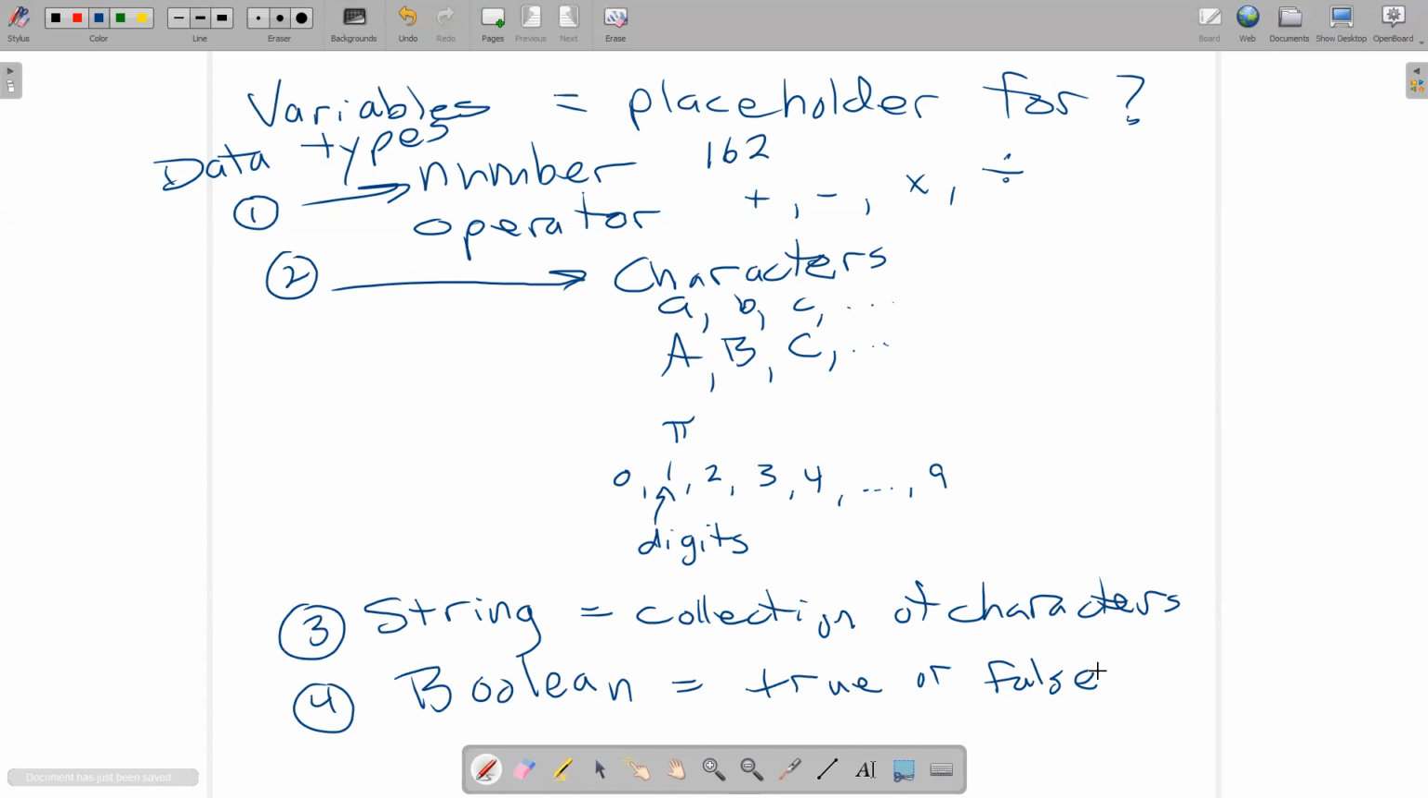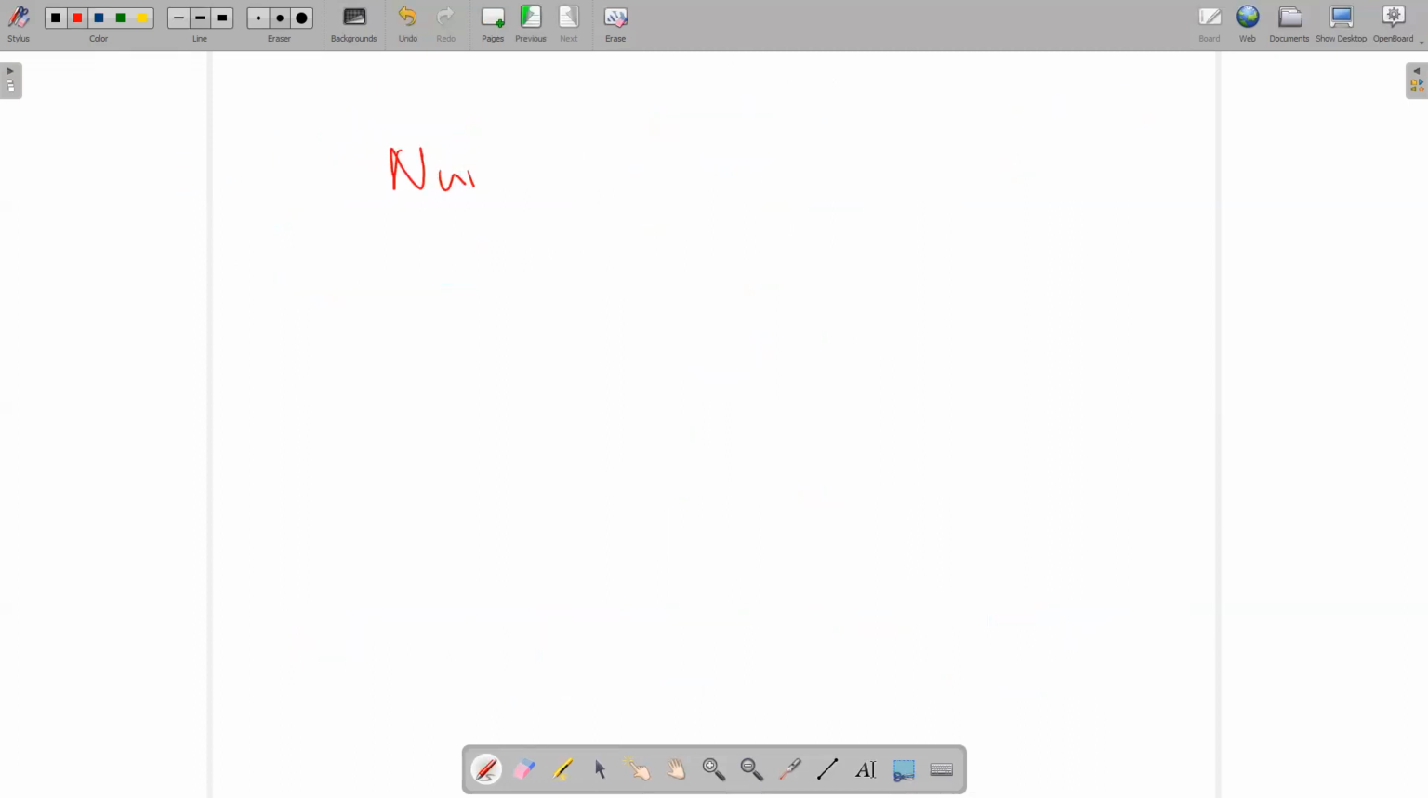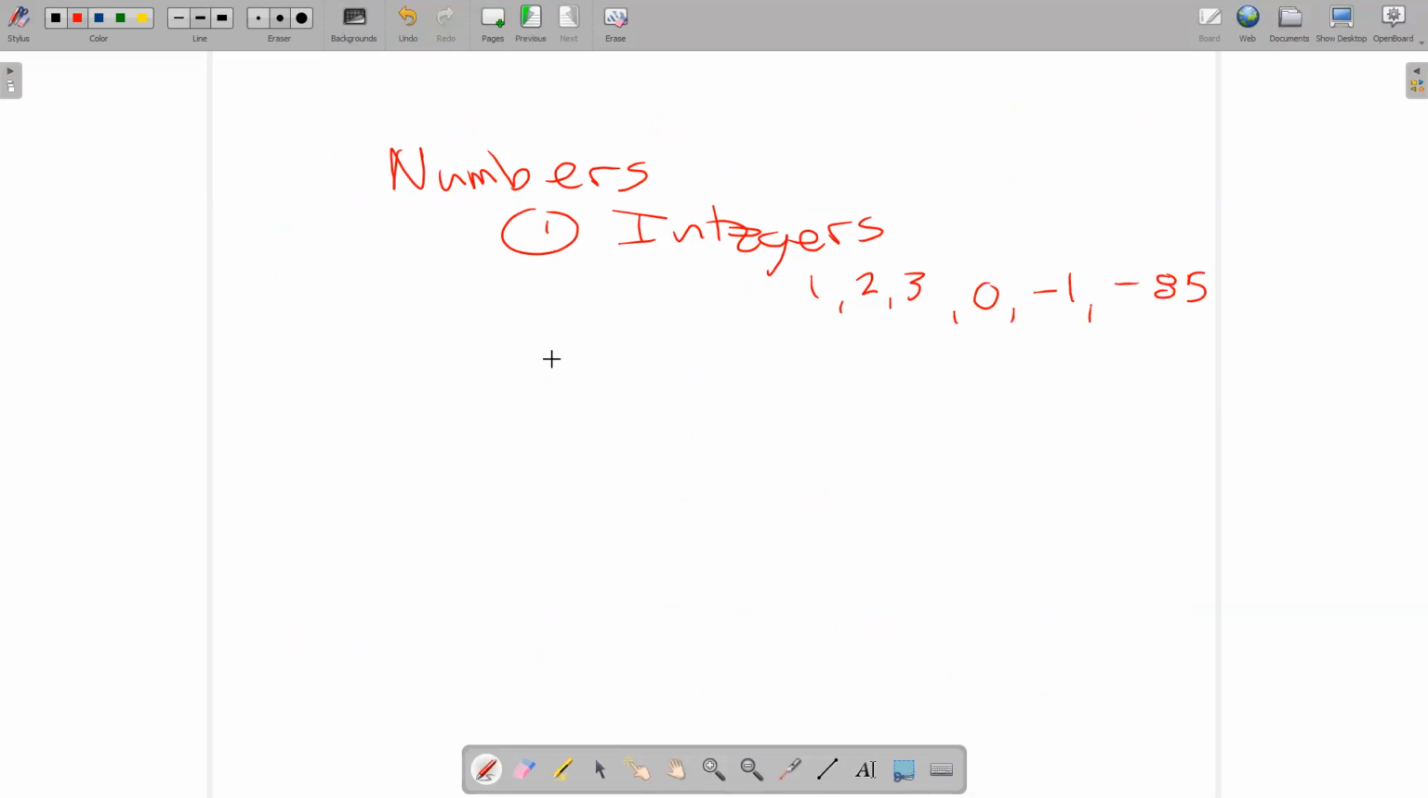Now, numbers are a little fishy because it turns out there's a lot of different kinds of numbers, and depending on the number, we treat them slightly different. So for Scratch, the main two types of numbers that it knows about are integers. Let's get a new page for this. Numbers. So integers are like 1, 2, 3, 0, -1, -85. Those are examples of integers versus, let's call them, decimals. And those are things like 3.14 or 2.5